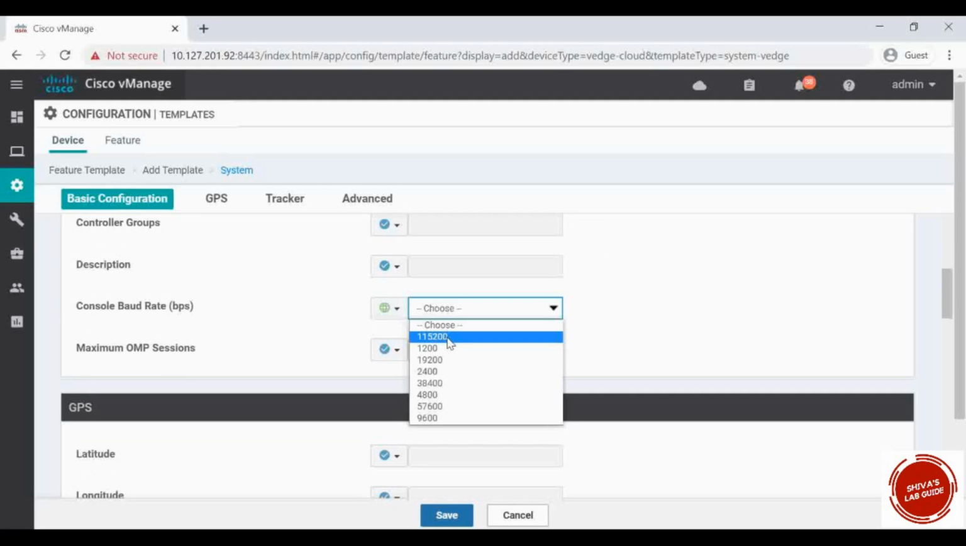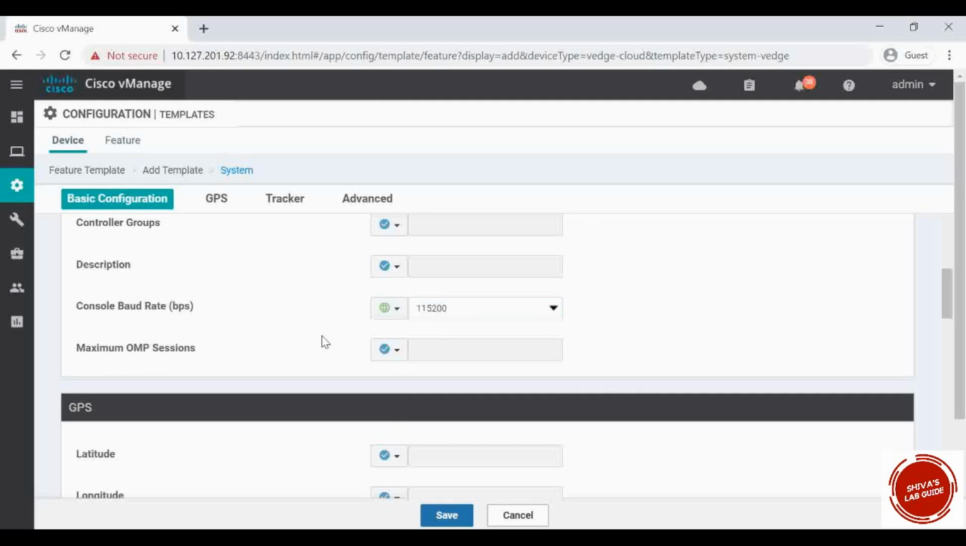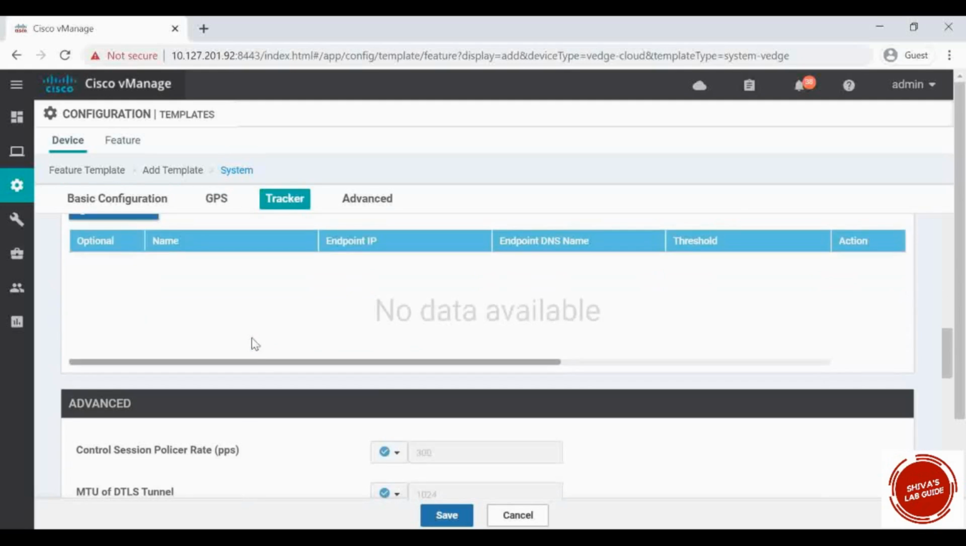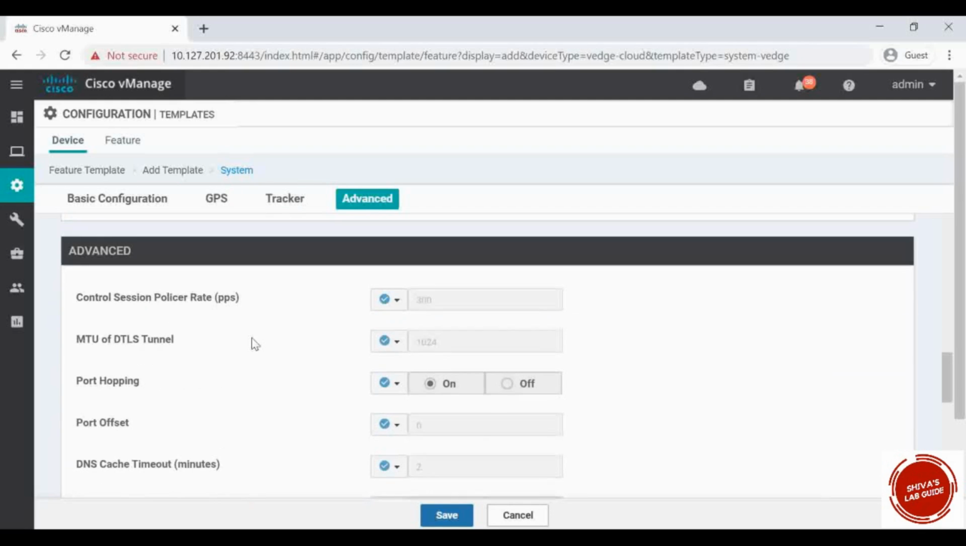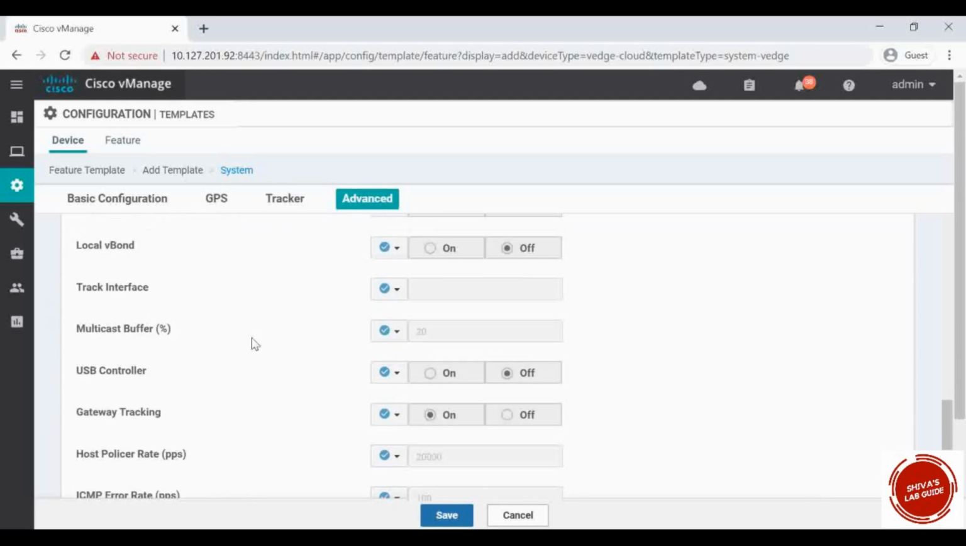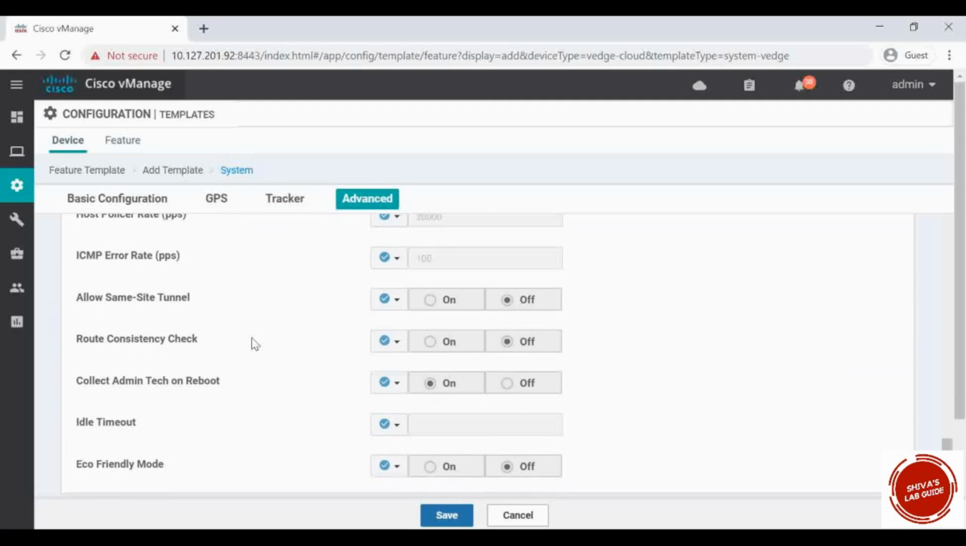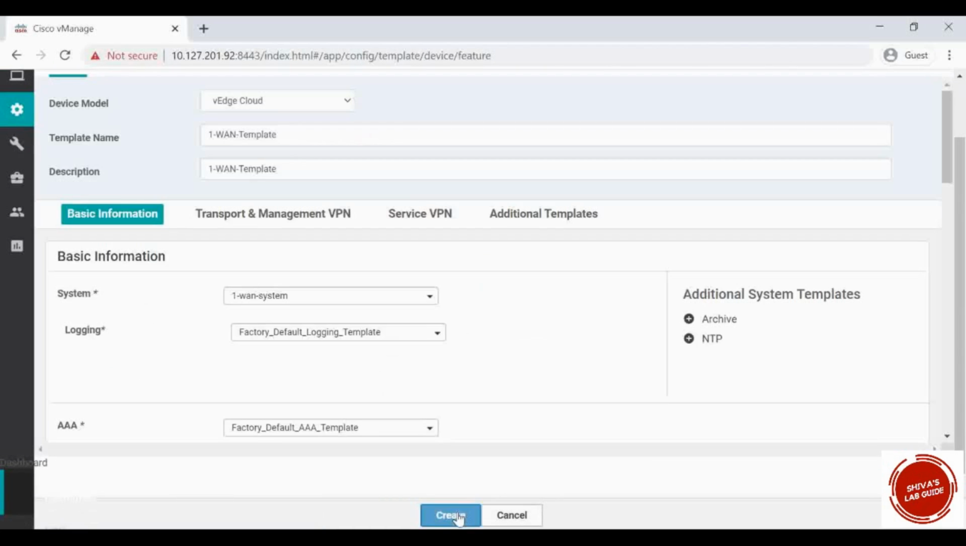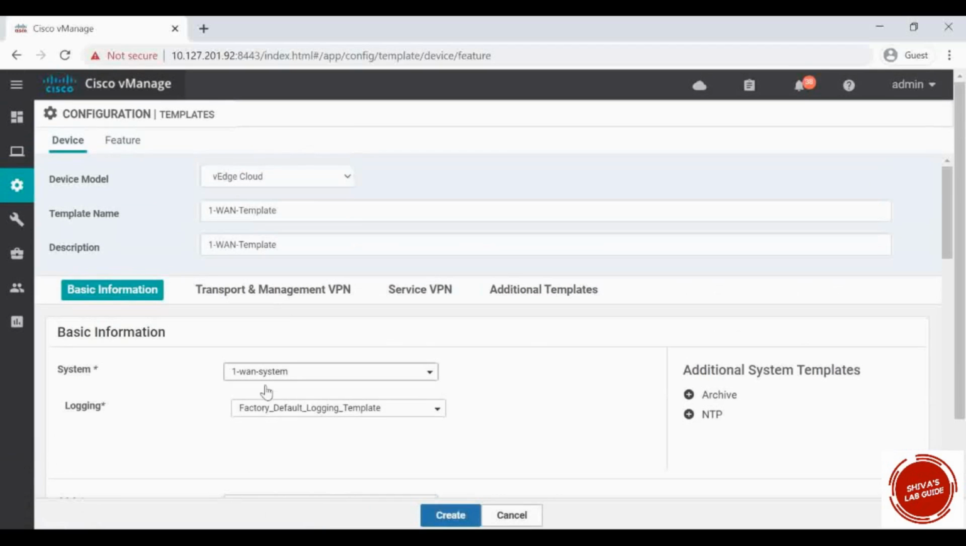of 115200, and I'm not giving any location details. I'm keeping all the rest as default. That's it. I'm going to save this. Now this is a feature template which I just created, and it is getting attached to your device template. You can see